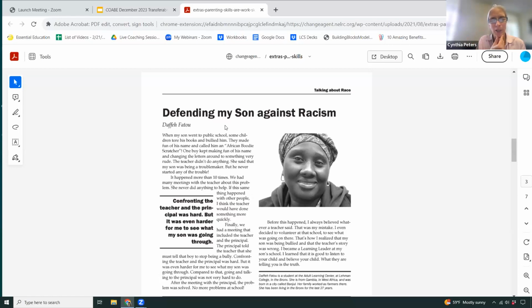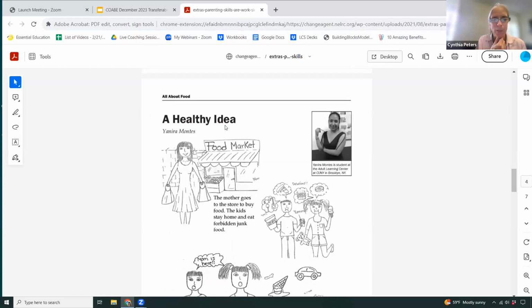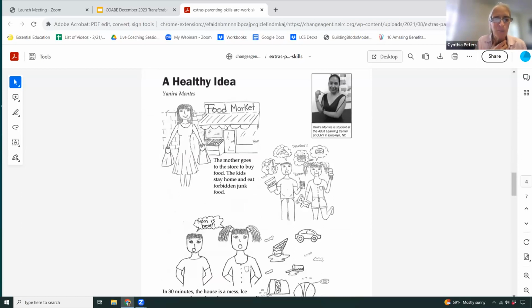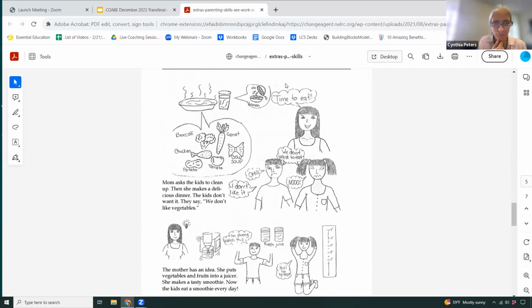And then there's one more, I think it's a picture story by a student talking and noticing how her kids were eating so much unhealthy food and what could she do about it. And she drew this wonderful picture story to talk about the strategy she came up with to help get her kids to eat more nutritious food. And then that's a 2-pager. If you scroll down a little further, you'll see that there's an activity sheet on the next page down